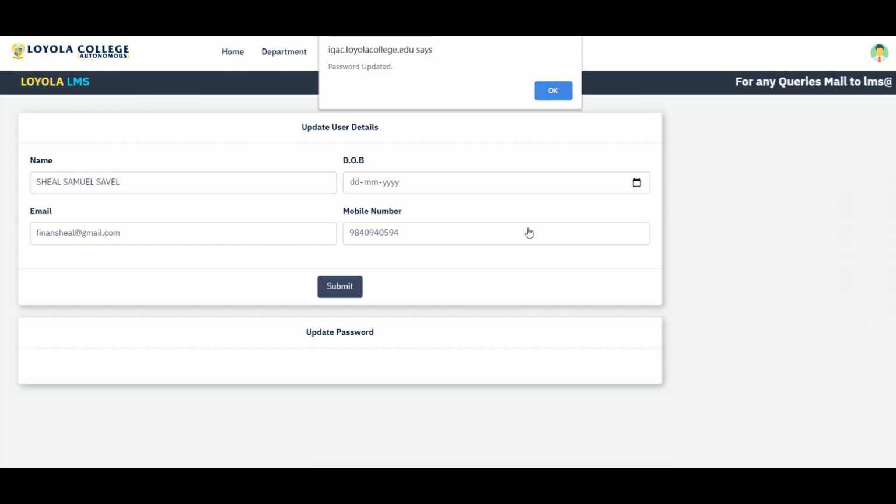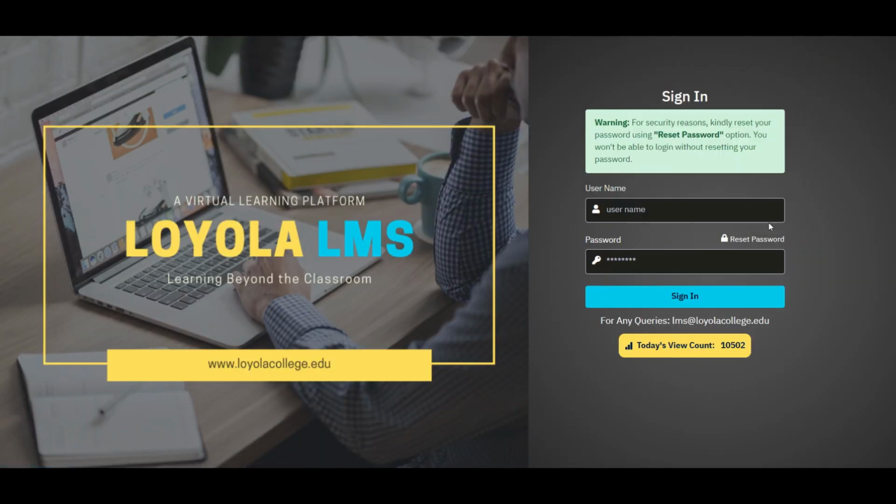Click on Submit. The page will then say that the password has been updated. Click OK. You will automatically be logged out of your account and you can use your new credentials to log in. The Loyola LMS has been created in-house by Loyola College, and I must say they've done a great job,